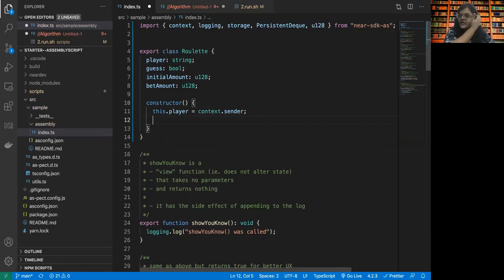So whenever a new game is created, whoever is calling the new game will become the player. And then this.guess, let's just leave it at false for now.